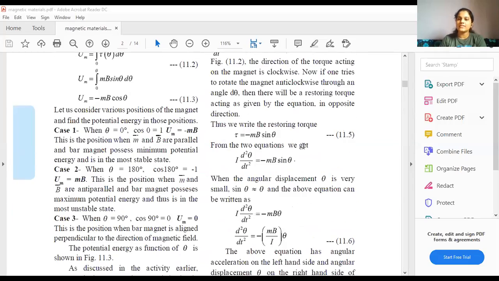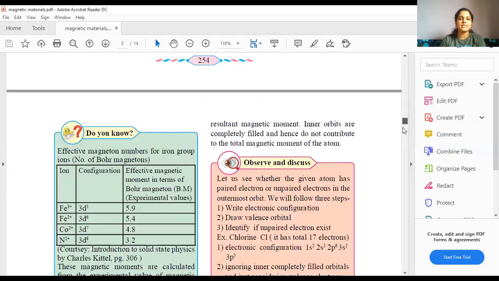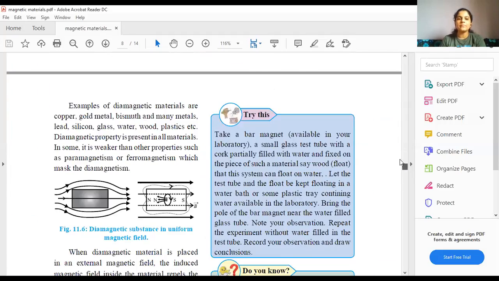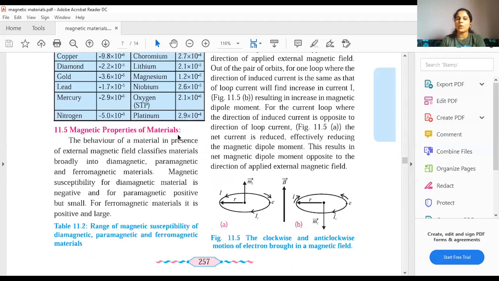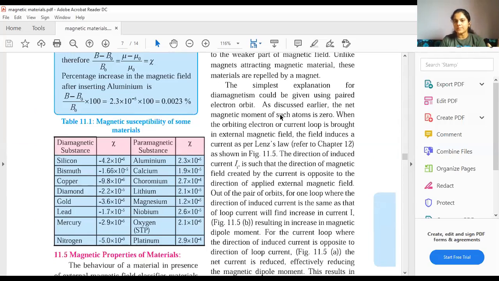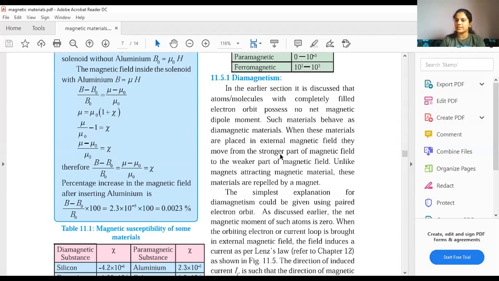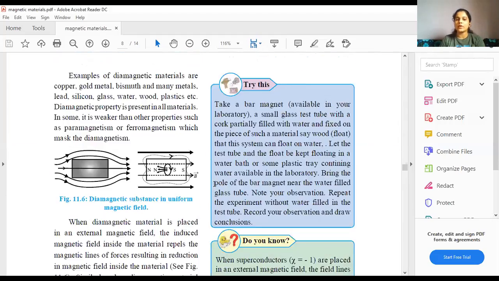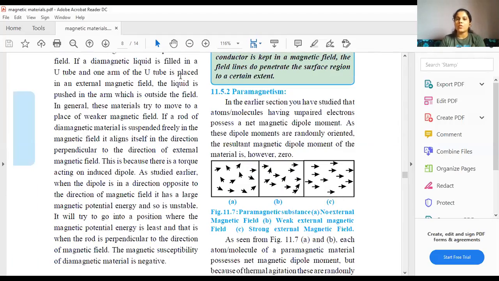Okay. Students, we are studying magnetic materials, all right? In the previous session, the topic that we were discussing was types of magnetic materials. Inside the magnetic properties of materials, we have finished two types already. The first one was diamagnetic materials or the property of diamagnetism, and the second one was paramagnetism, okay? I hope you all remember the difference between both of them, all right?